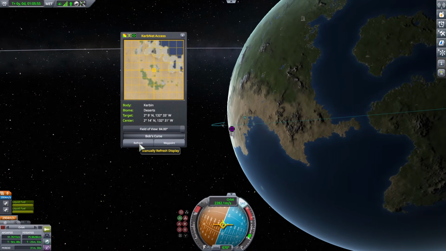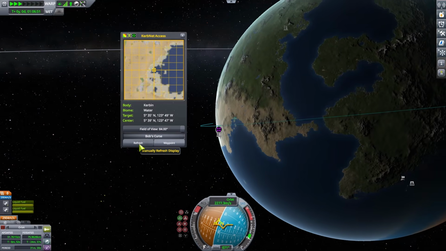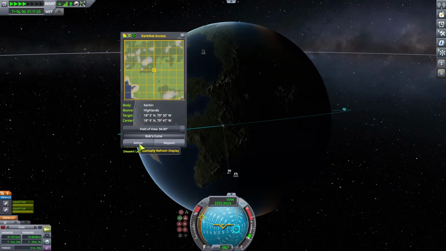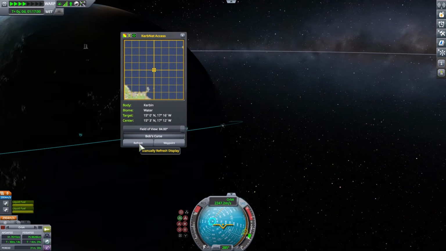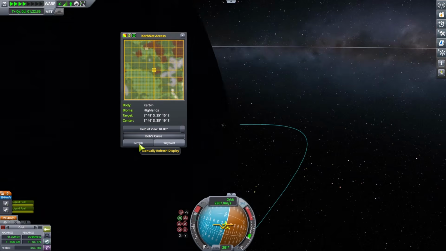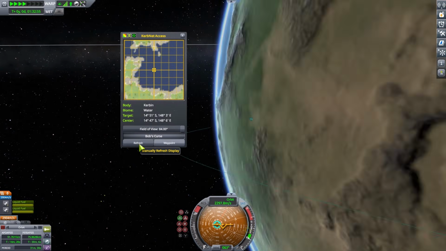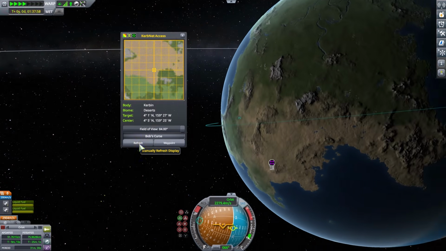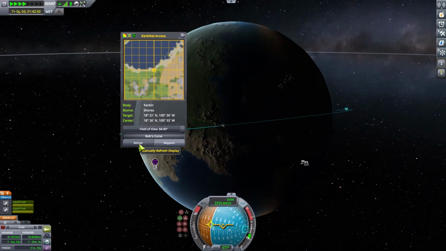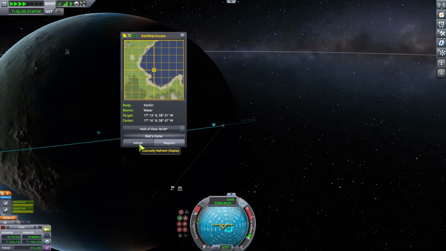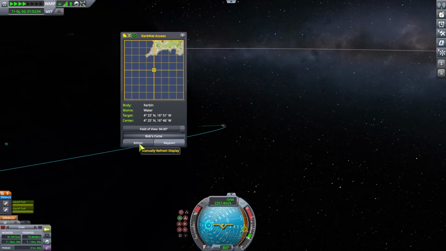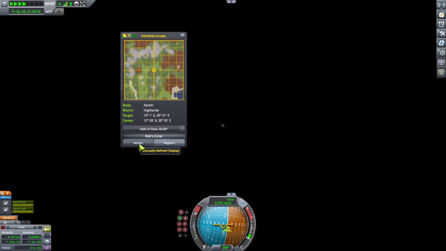So there you see my first anomaly. It's a little question mark that appears on the map. I went ahead and added a waypoint there. I do know that Kerbin has a bunch of anomalies that are basically just tracking stations for the KerbNet, or for the relay network, the deep space network, whatever it's called. So I'm going to look for multiple anomalies. I'm looking for a specific target